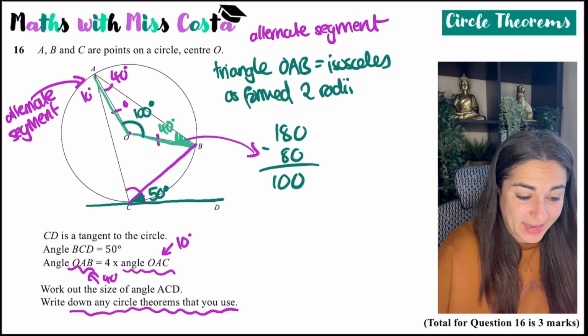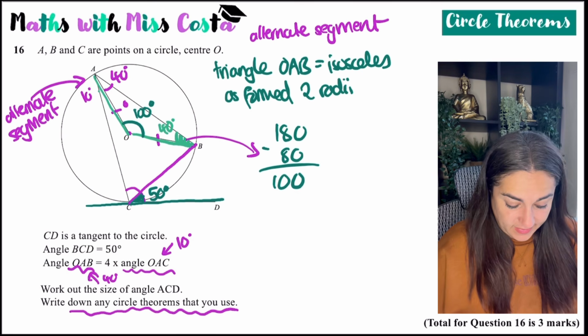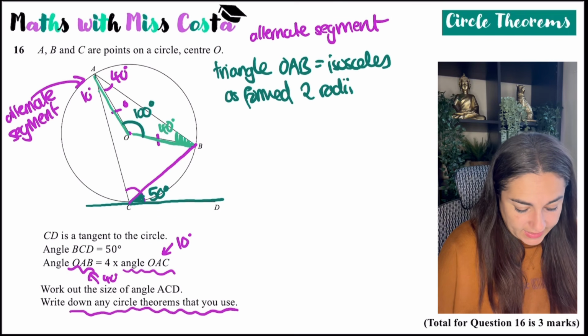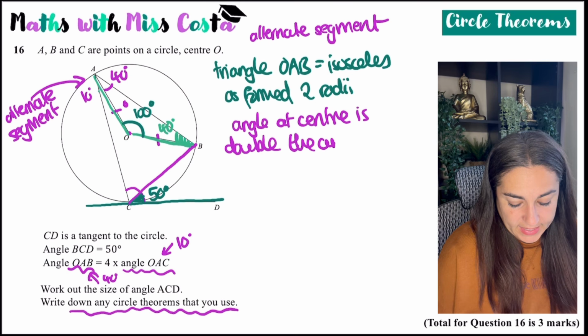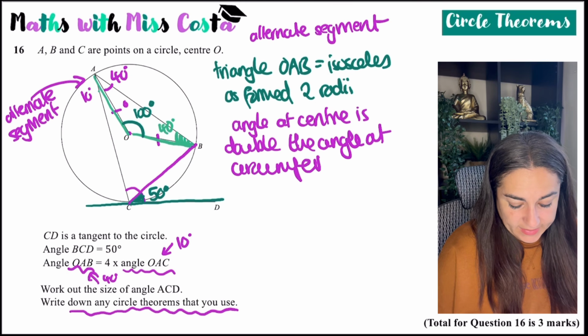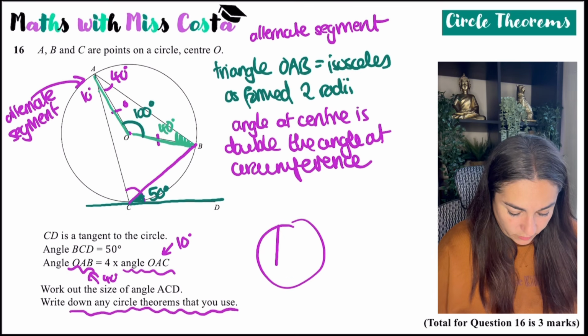the angle at the center is double the angle at the circumference. So that's the other circle theorem that I would use: the angle at center is double the angle at circumference. And the way to spot this is, are the two angles formed by the same arc? So here you've got a